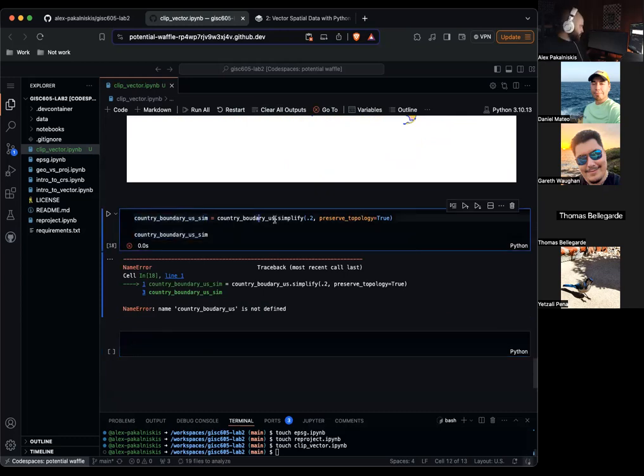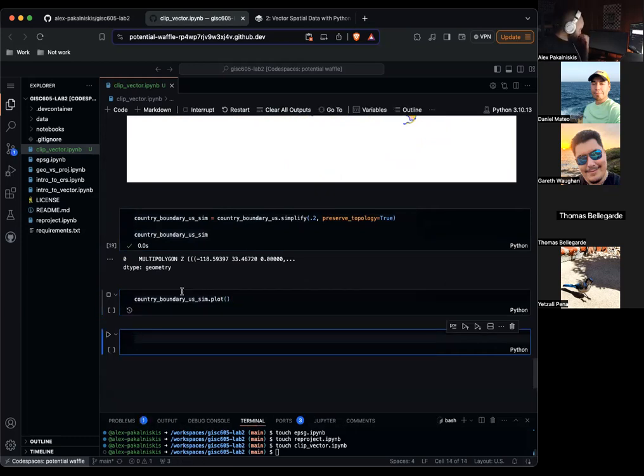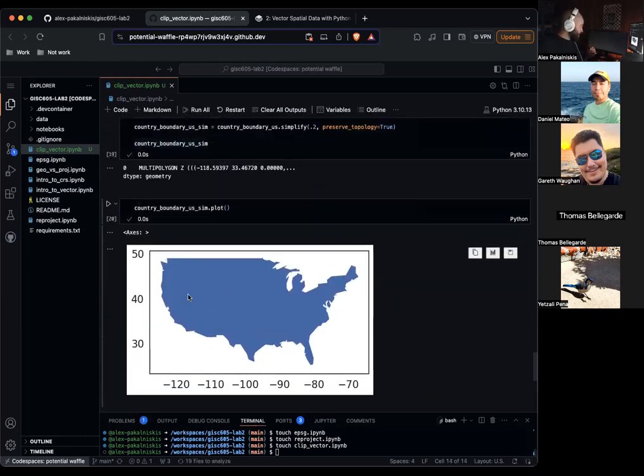See, I spelled things wrong. Boundary. So I didn't actually plot it. Let's plot it now. And you can see it's kind of a simplified version of what we were dealing with before.